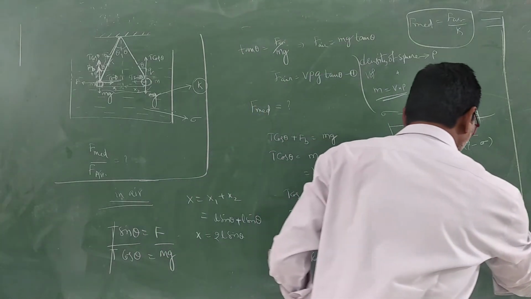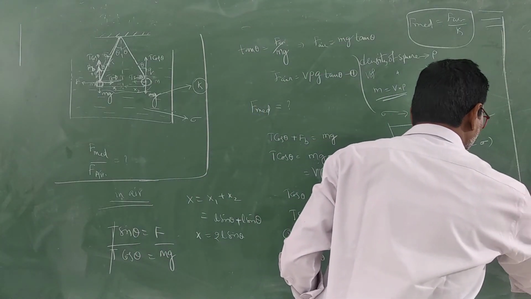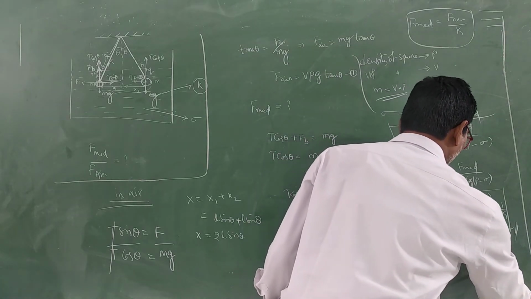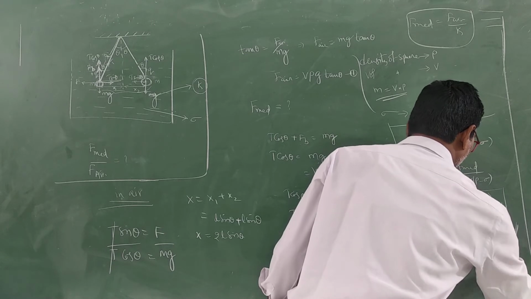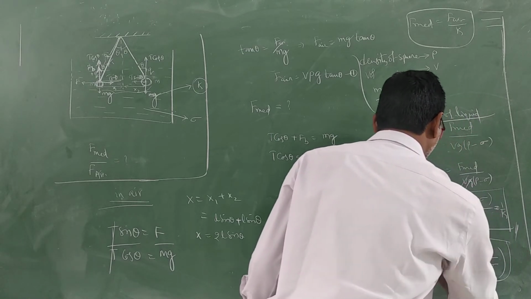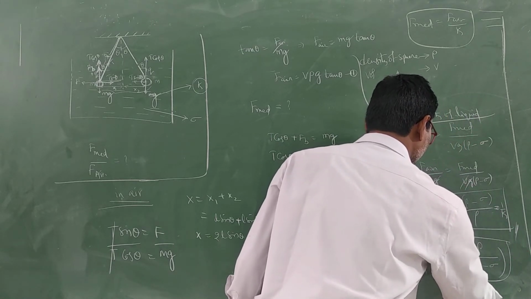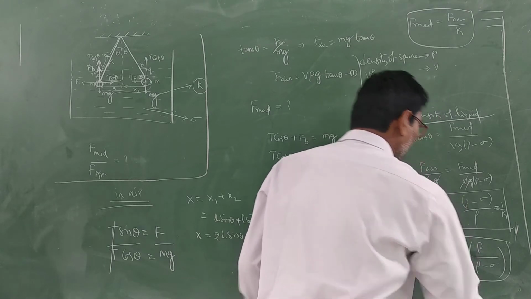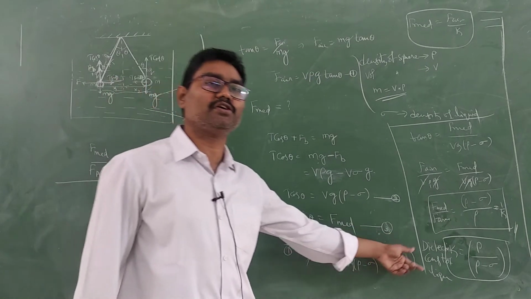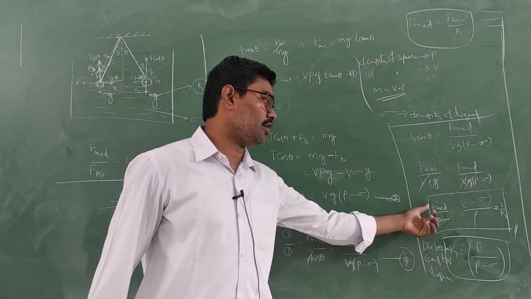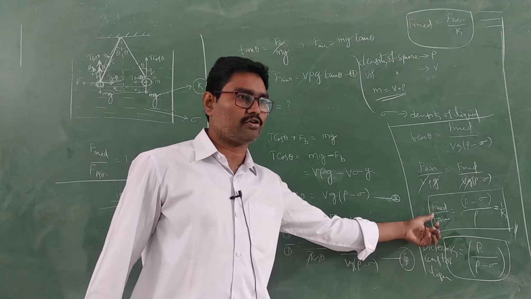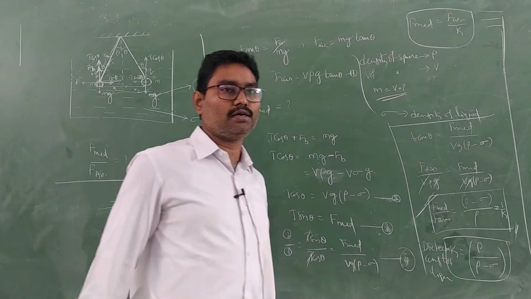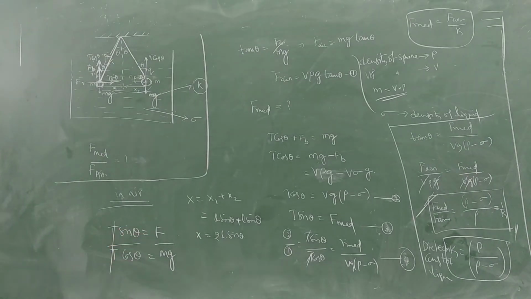So that means even this is 1 by K also. Or K is equal to what? Rho by (rho minus sigma). This is the dielectric constant of the liquid. If you want to calculate the dielectric constant, you can use this formula. If you want to calculate the force between the two charges in the liquid medium, you can use this formula. Okay? Clear? Yes. Copy.